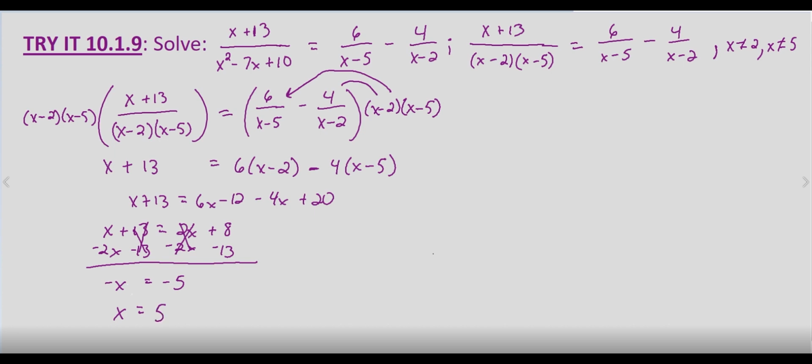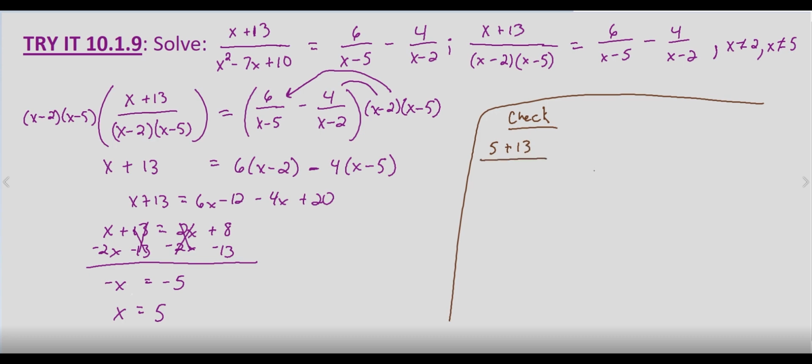As always, we will check our solution by substituting into the original equation. So we have 5 plus 13 over 5 squared minus 7 times 5 plus 10. And we want to know, does that equal